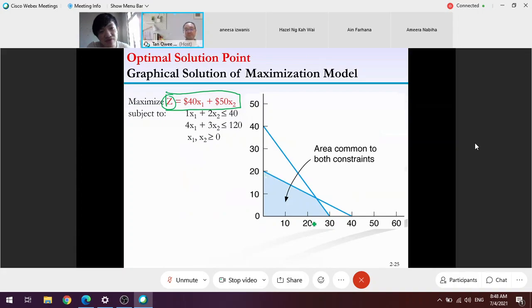Between the visible area, find any of the points. Again, to plot this line, this is a line, this is not the area, equal is a line. To plot a line, you need to have 2 points. So number one, I find any of the points in the visible area. Again, I will advise you to pick the point on the axis. So for example, I pick this point. Why this point?